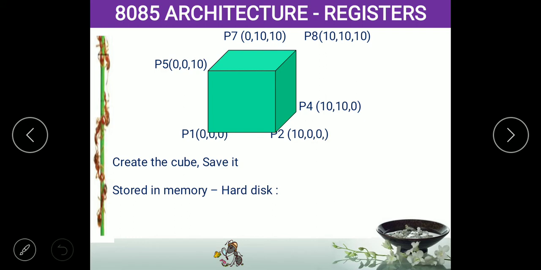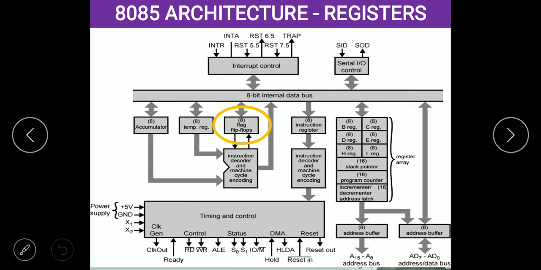The registers may also combine together to form 16-bit elements. Beyond 16-bit, this processor will not perform any operation. For that, we saw a small example. If you create some cube in software like SolidWorks and open it with a low-end system, it will take 32 cycles to open. If you use a high-end core processor, it will take 1 cycle to open that element. So the speed is 32 times higher. But now the speed goes to more than 100 times also. The latest processors work more than 100 times faster compared to the 8085 processor.